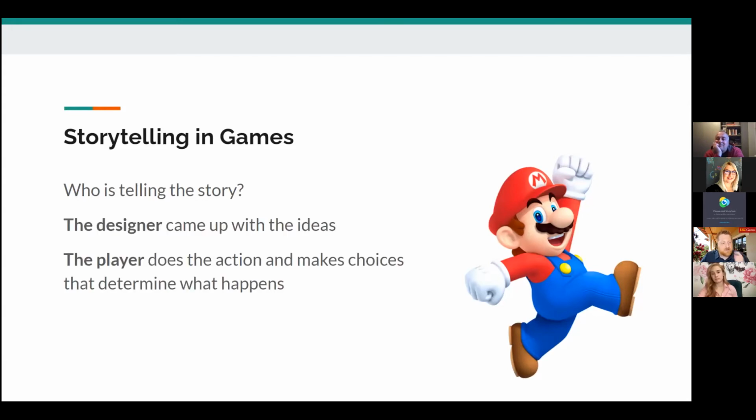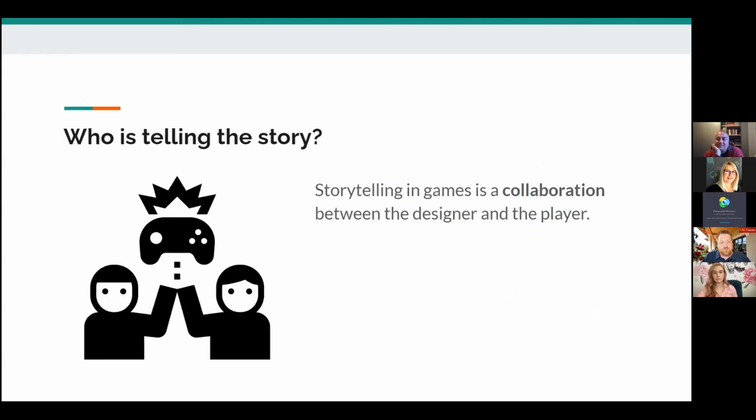In a game, it's a little bit different because there's a designer who came up with the ideas for what's in the world, but the player is the one who does the action and makes choices that determine what actually happens in the game, the outcome of events. So in games, storytelling is more of a collaboration than in other media. It's a collaboration between the designer, who crafts the game for the player to play in, and the player, who actually plays it.